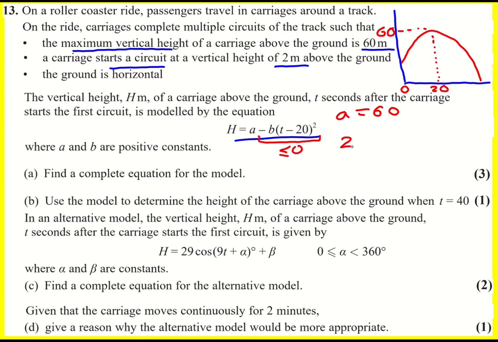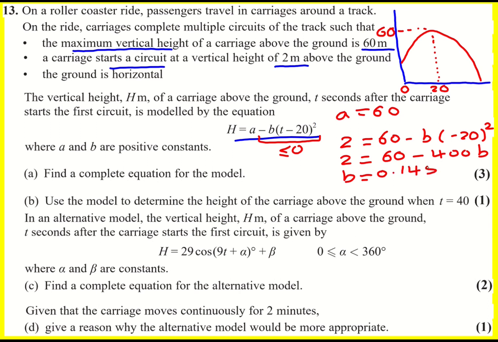So I can write down that 2 is equal to 60 minus b times minus 20 squared. That becomes 2 equals 60 minus 400b. And if you solve for that, you get b is equal to 0.145,